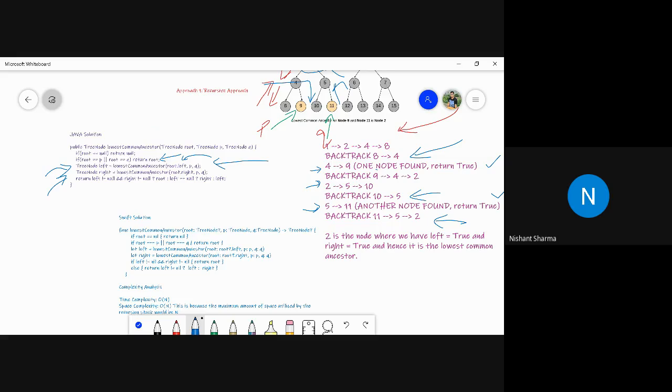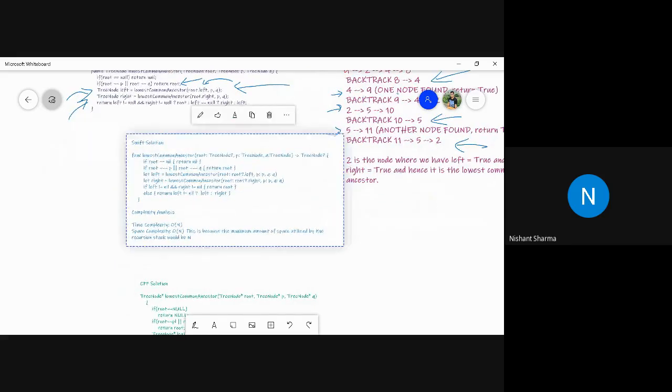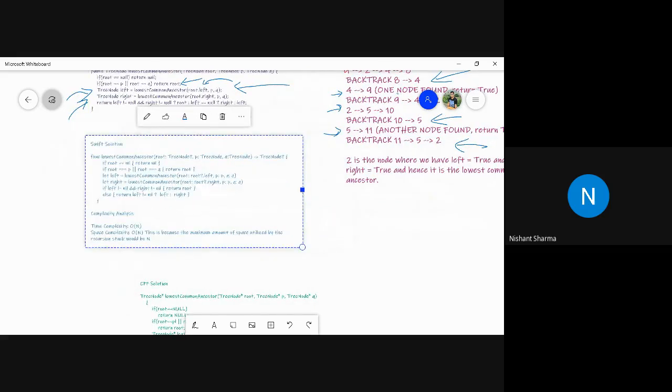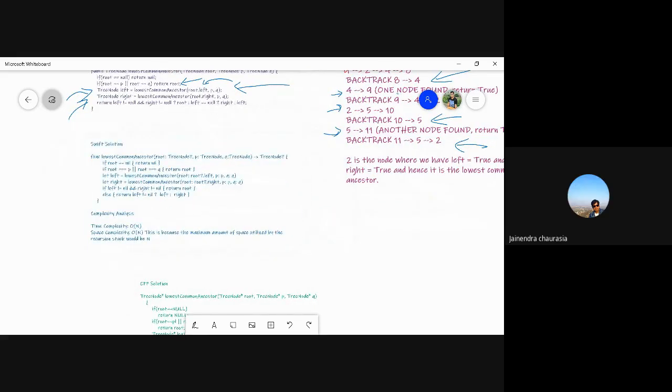Is the solution clear? So this is the Swift solution. So Nishant, can you explain the last line? Yeah, I will explain in the Swift solution. You will be able to understand easily. Actually, I was just asking about the syntax of the ternary operator in Java. I think it's a little bit different. No, both are same. Let me explain. Just give me a minute, okay?